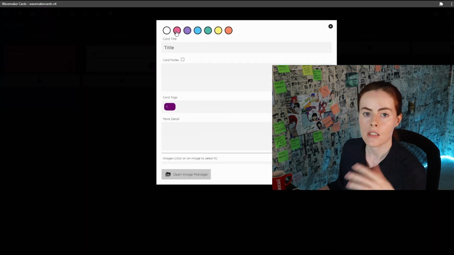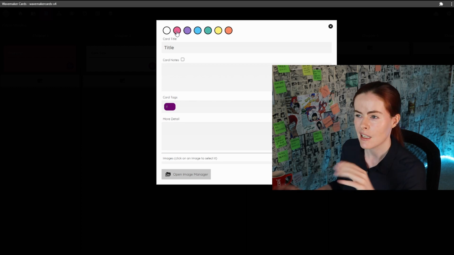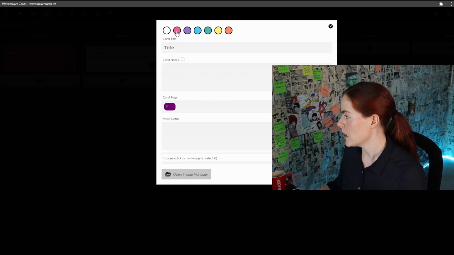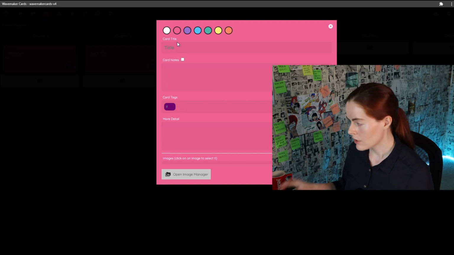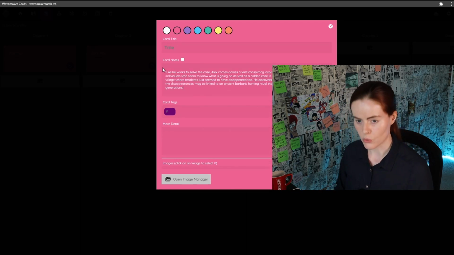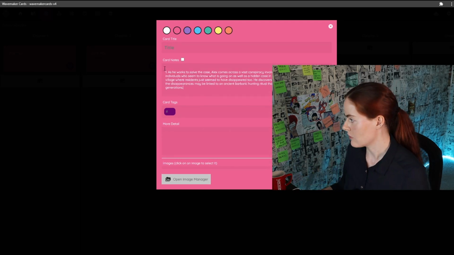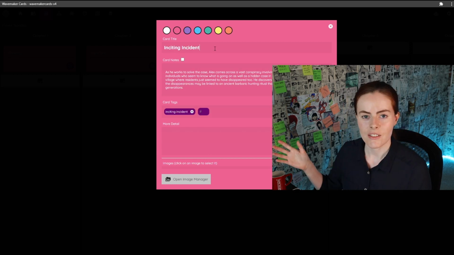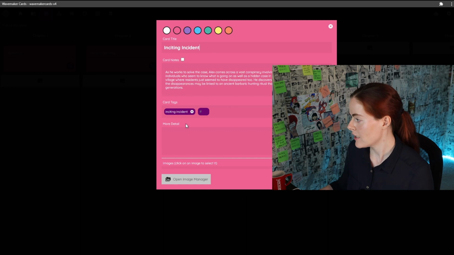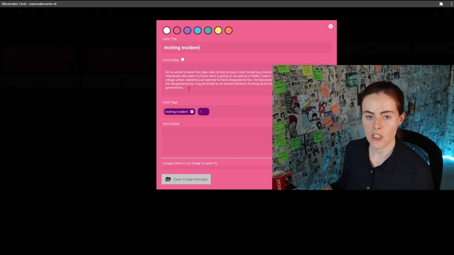So I will make all the plot beat elements, like the overall plot will be pink, and then trying to name them according to the events so that I have an overview. So this one is in chapter 2. So in this case, for example, the inciting incident, and then here you can give your description, and also you